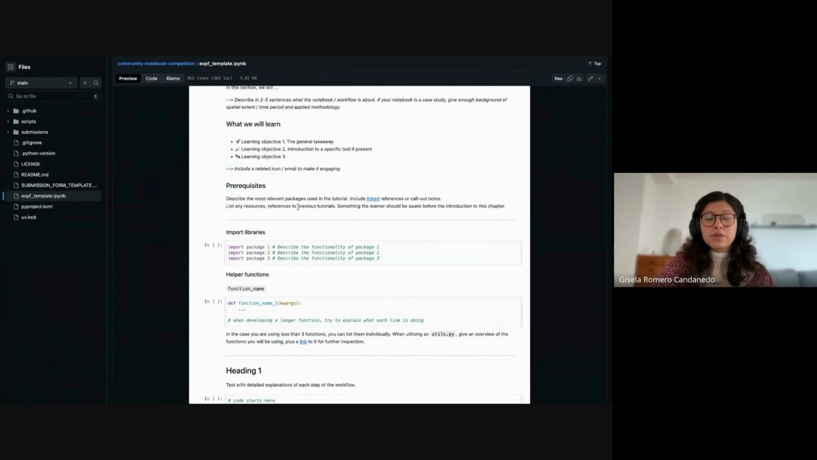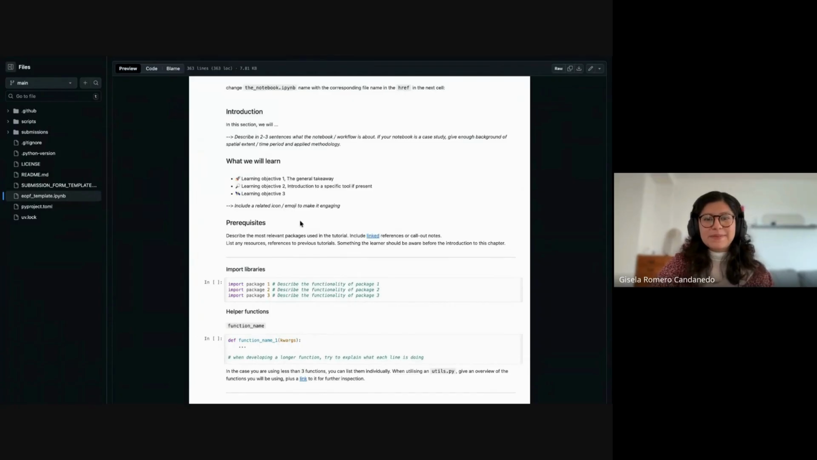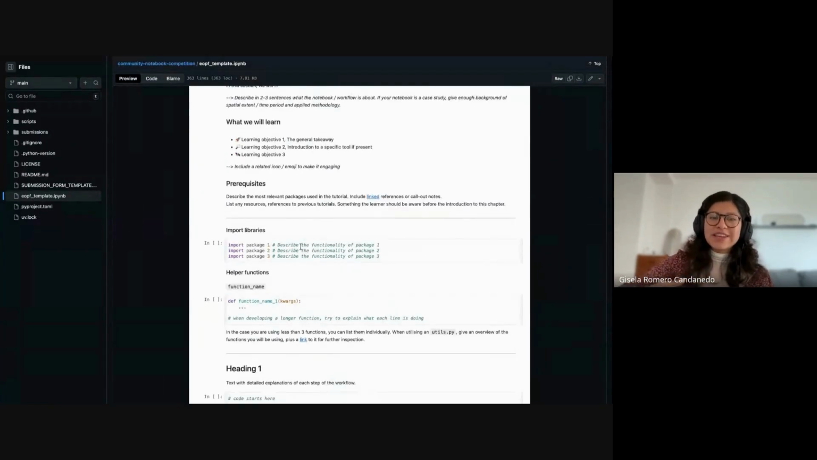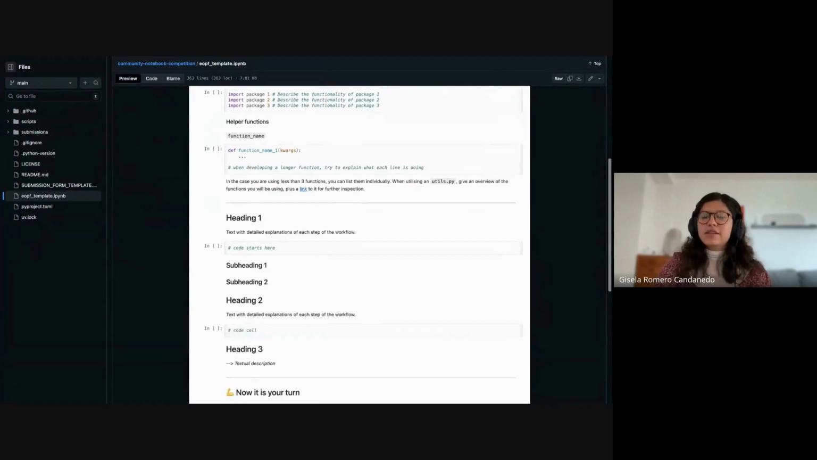structure of how your development is expected to be published. You have an introduction section. We also have the "what we will learn" section. This is really important because it gives all the users in the community the starting point into why the notebook is worth deep diving into: what you are showcasing, the prerequisites, and also the actual part where you start coding and developing any helper function that you would have developed for your workflow,